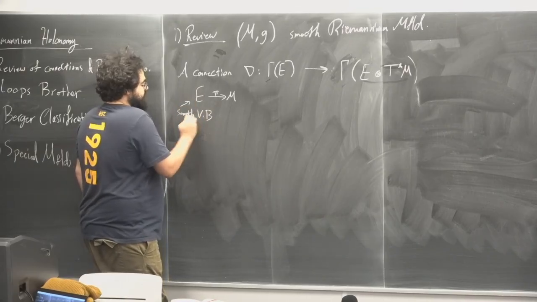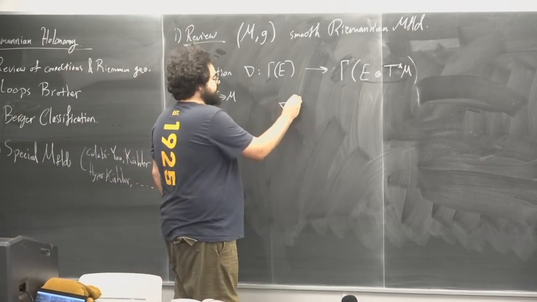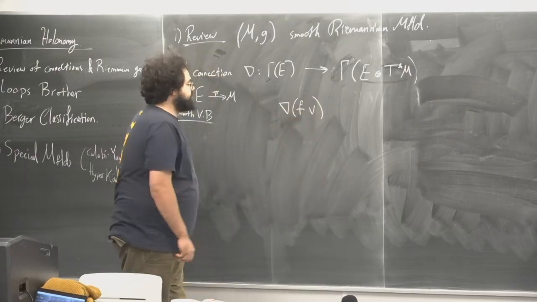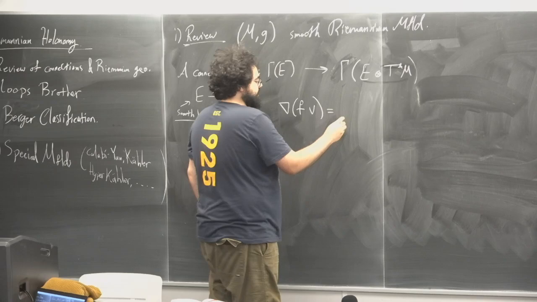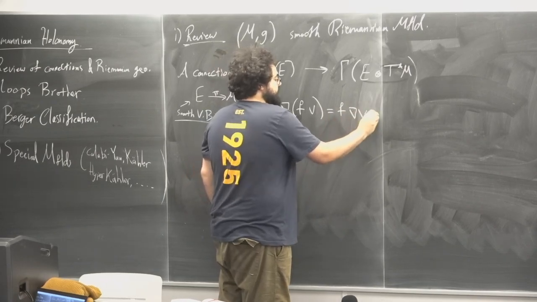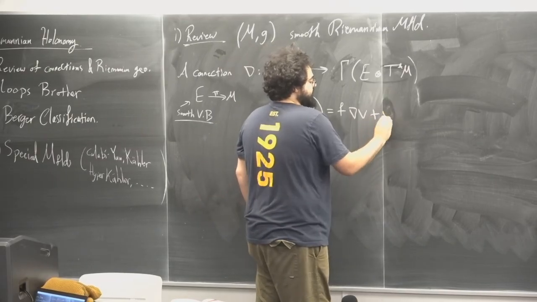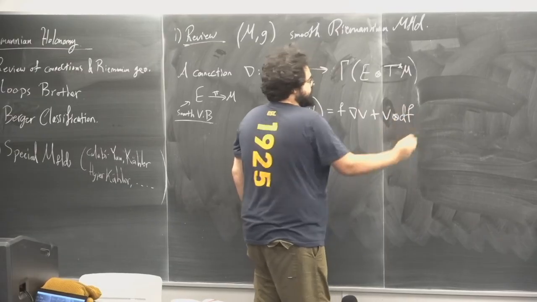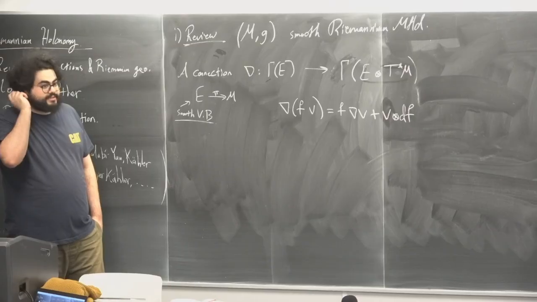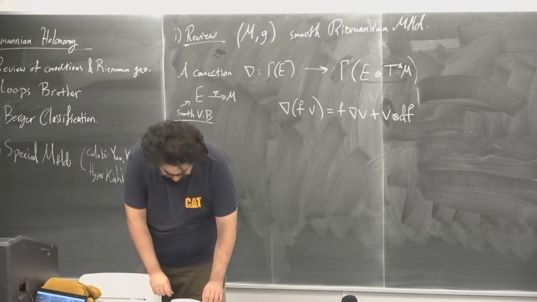Smooth vector bundle. So a connection is just a map like this, such that whenever I have a function f times some section V, I have that this will be f nabla V plus V tensored with df. Okay. So that's a connection,